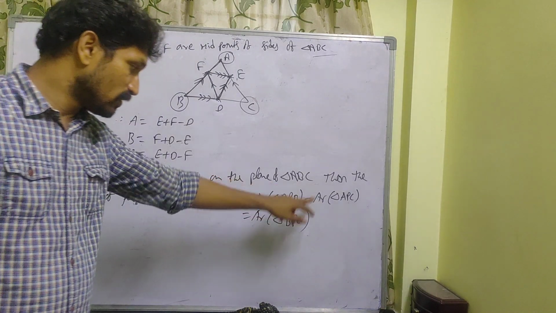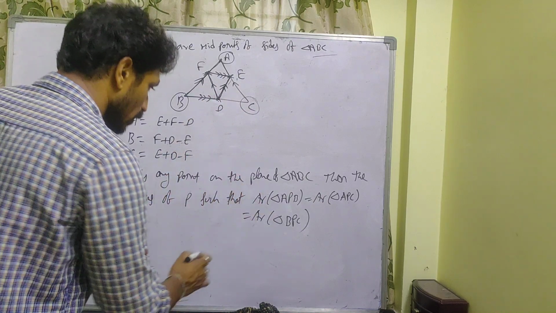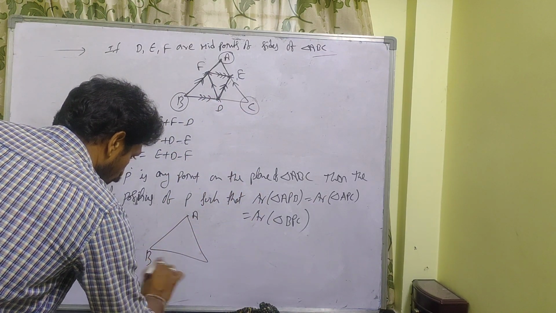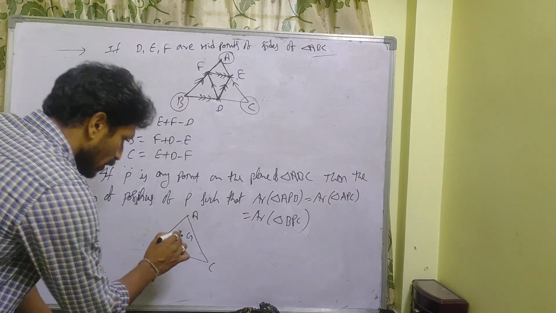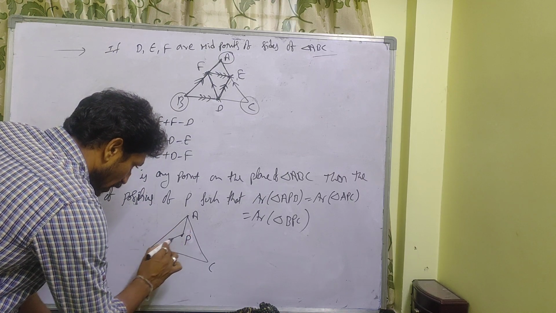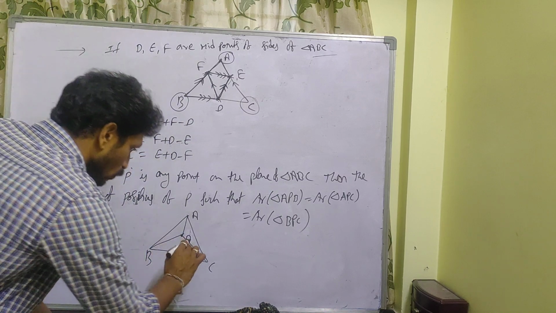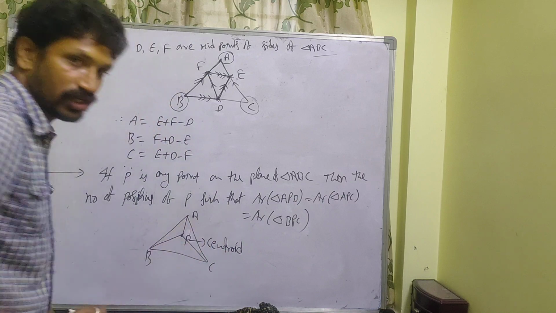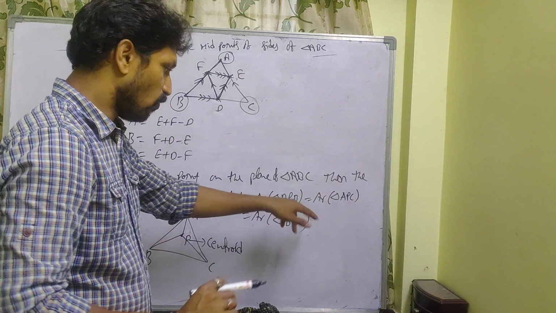Like this, we saw somewhere, that is in the centroid concept. Let us take this is the triangle ABC, and this is the point G, centroid. Let us take, in place of G, P. So area of triangle APB is equal to area of triangle APC is equal to area of triangle BPC. So here P is nothing but the centroid. This is one of the positions. Like that we can take, such that it follows these cases.